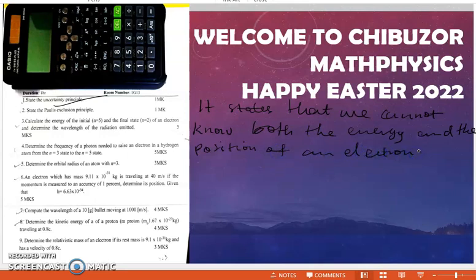So this is exactly what the principle of uncertainty states. It states that we cannot know both the energy and the position of an electron. And what of the Pauli exclusion principle? The Pauli exclusion principle states that in a single atom,